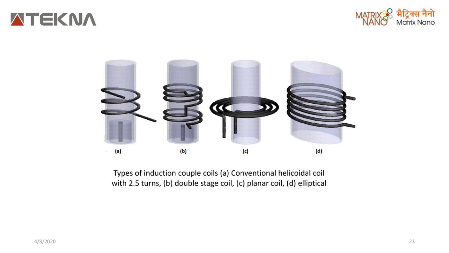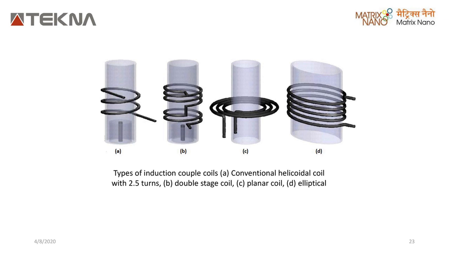Then third came a planar coil. Planar coil is usually used in your deposition machines, which we have almost ruled out from a production line. Then we have your elliptical coils, and the most proven model is your elliptical coil model, which is your pancake model, which I was previously escaping saying that, where you have current flowing from the top and exiting from the bottom back to the generator.